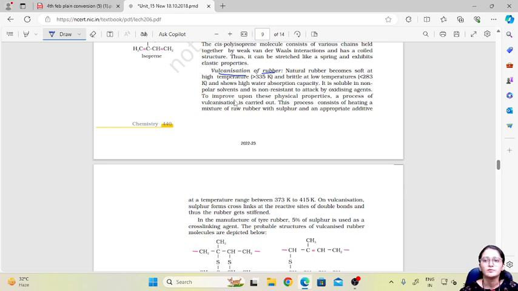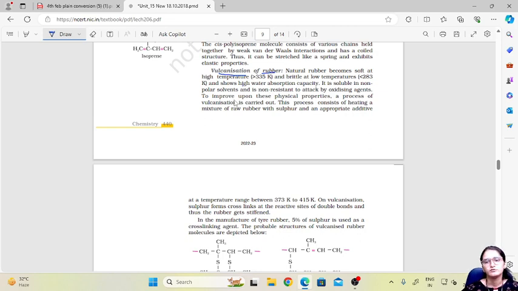Natural rubber becomes soft at high temperature and brittle at low temperature, and shows high water absorption capacity. It is soluble in non-polar solvents and is not resistant to attack by oxidizing agents. So to improve these physical properties, the process of vulcanization is carried out, and in that process, heating a mixture of